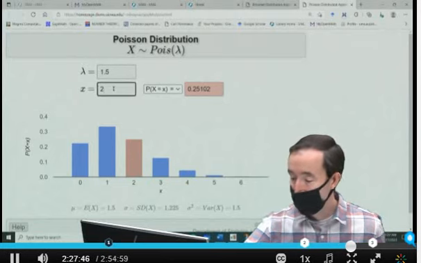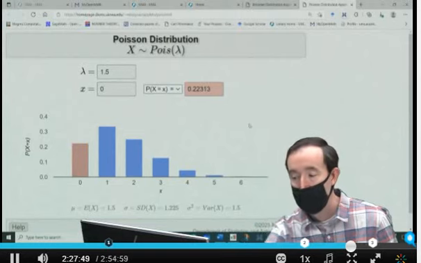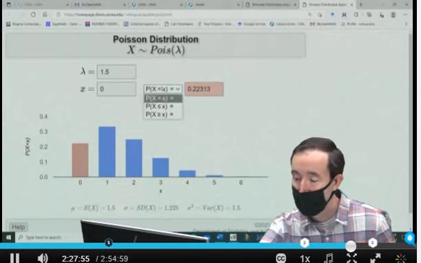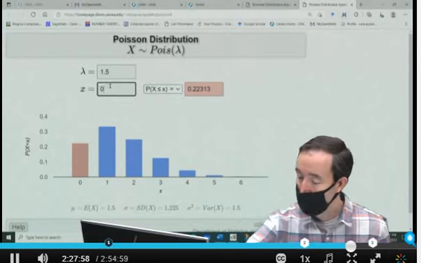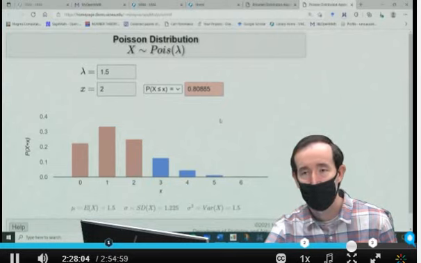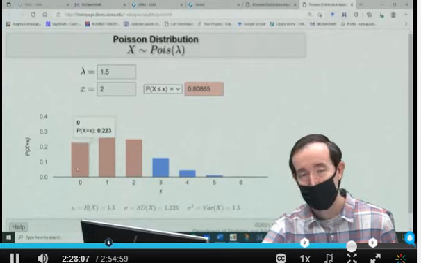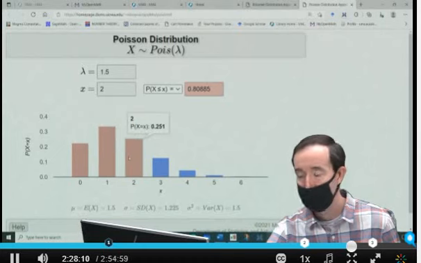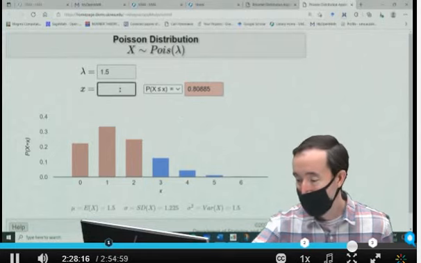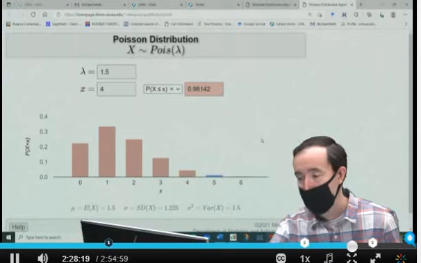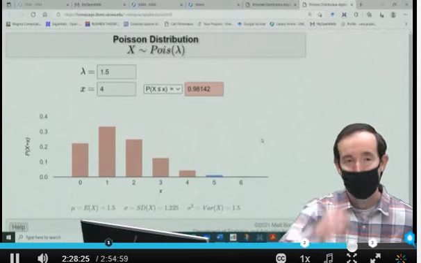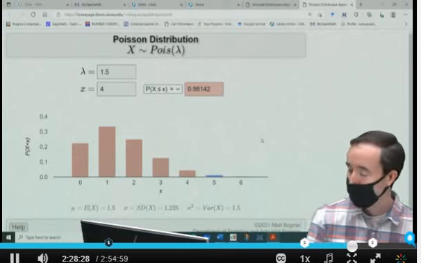We then looked at the probability of 0. There's that number, 0.22313. And then we looked at the probability that it is less than or equal to 2. I think we found 80.885%. And sure enough, there it is. It covers these three cases: 0 defective volts, 1 defective volt, or 2 defective volts. And that's a total of 80% in all cases. If I wanted to know the probability of at most 4, that's 98.14%. Almost all the time, I'll have 4 or fewer defective volts.